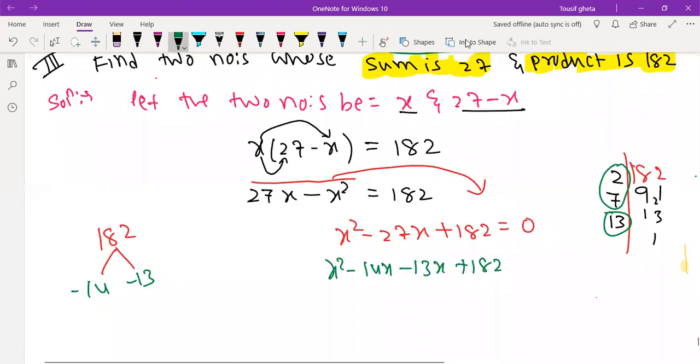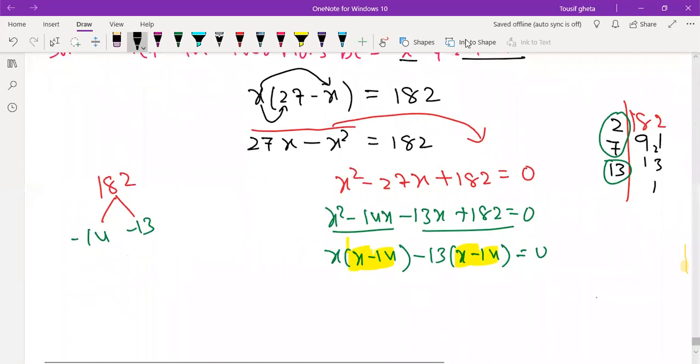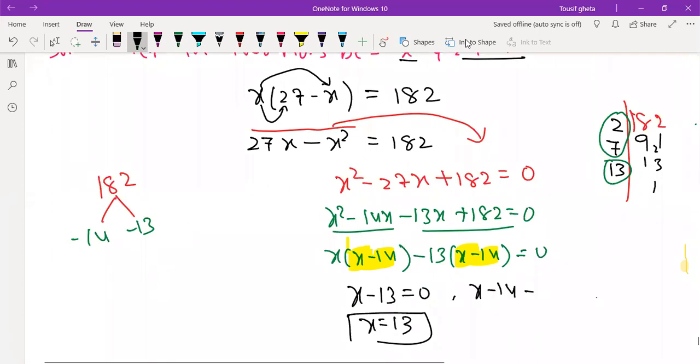Take common in these 2, we get x common, x minus 14. Take common in this, minus 13 common, we get x minus 14. Surely these both will be the same, 101% the same. Always we know that. Nothing to say in that. So we get x minus 13 equals 0, so x equals 13. x minus 14 equals 0, so x equals 14. So both the numbers are...